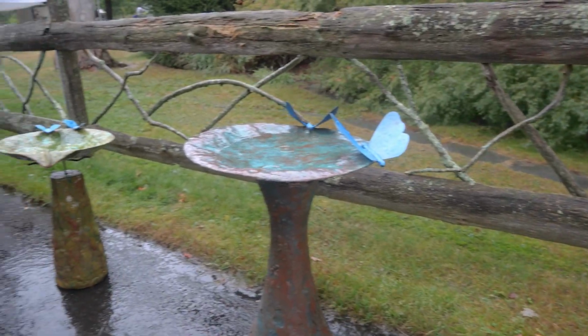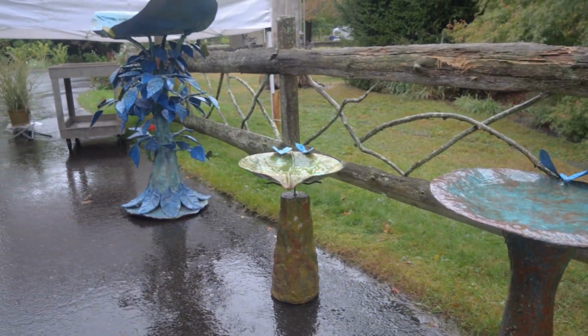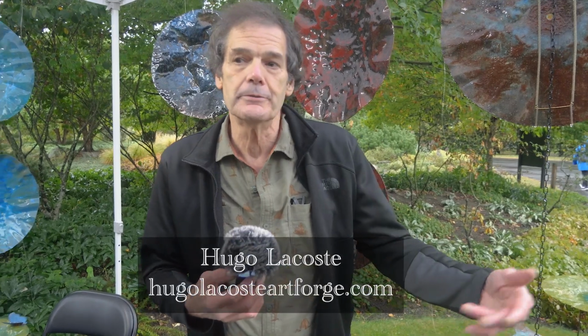I've been feeding birds for 40 years. So that led me to making bird baths for them, and eventually led me to make them in a larger quantity so we can resell them. What's unique about what I make